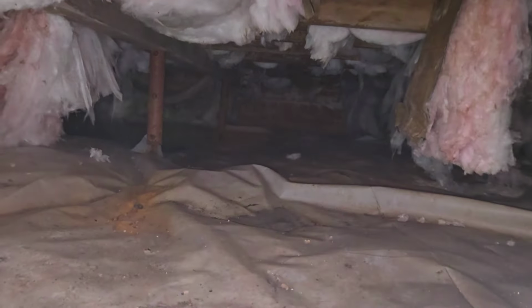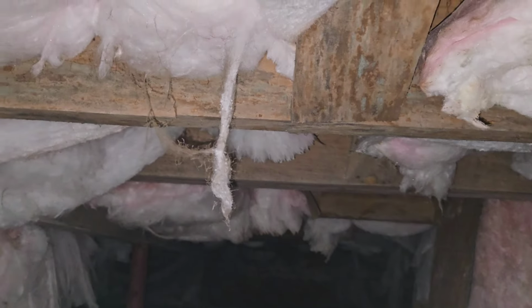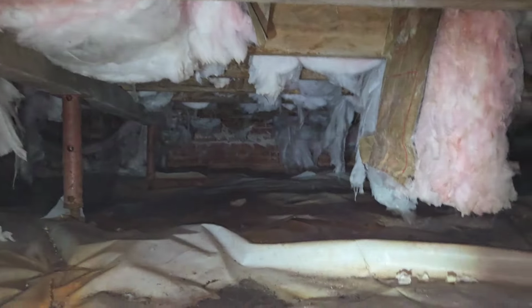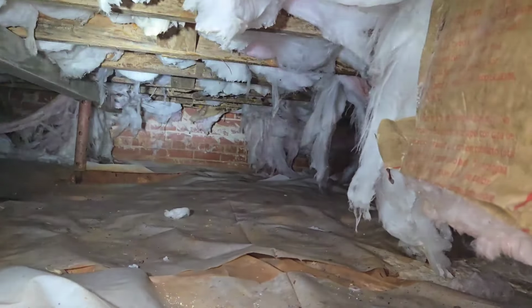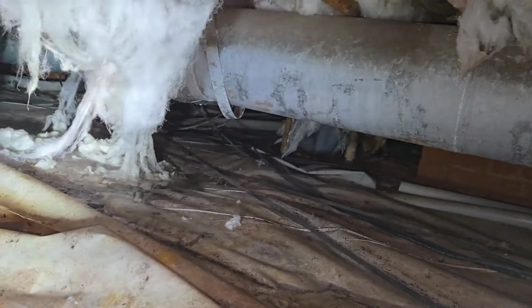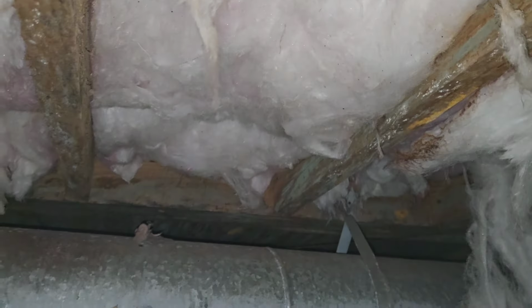This humidity should not be going on like this. None of this wood up here, none of this is pressure treated lumber. This house was probably built, if I were to take a stab at it, maybe in the 60s, maybe 70s, not sure. See some water right here. But everything is just rusting. All the fungus, wood rot,